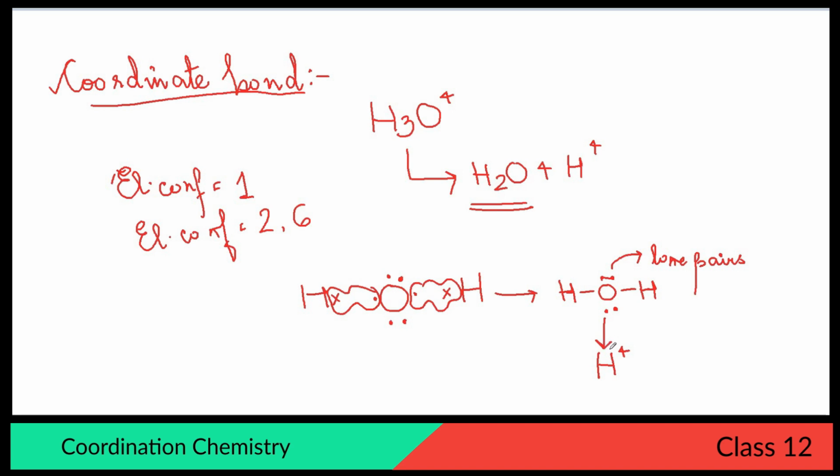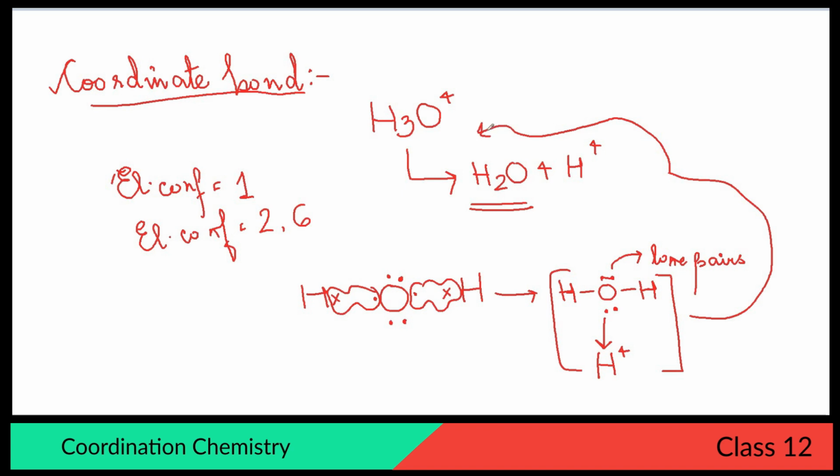symbol of an arrow. And this arrow shows coordinate bonds. For any kind of permanent bond or covalent bond, you can see that I have used single lines, right? But for coordinate bond, I have used an arrow, which means that this is not a permanent bond, alright? It is just a mutual understanding between the two centers. Now, this entire thing constitutes the H3O plus